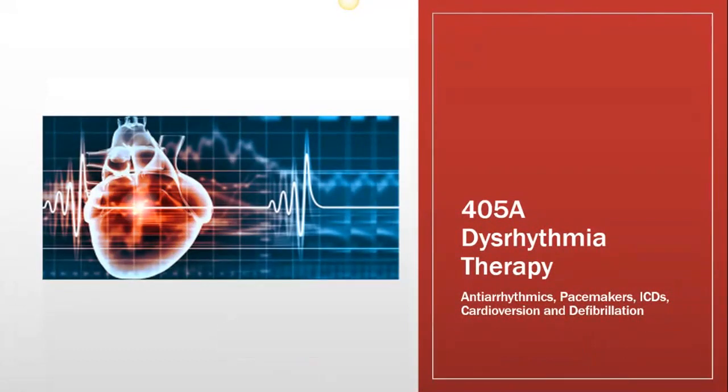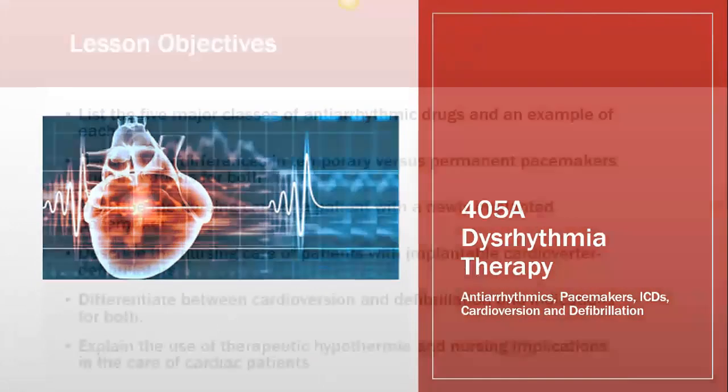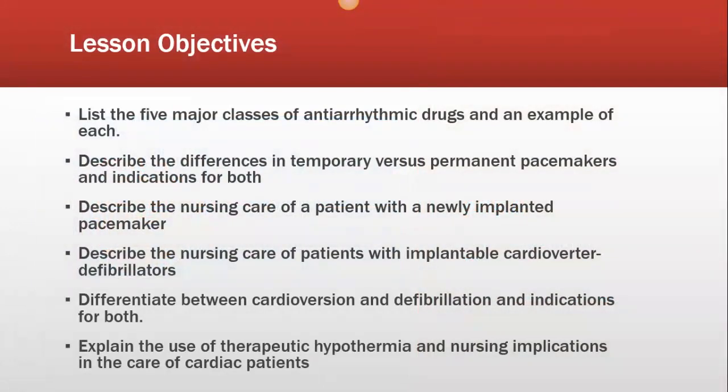This lesson in 405A is dysrhythmia therapy: antiarrhythmics, pacemakers, ICDs, cardioversion, and defibrillation. Lesson objectives. I'm going to go over the major classifications of antiarrhythmic drugs, differentiate between temporary versus permanent pacemakers, care of the patient with a newly implanted ICD, and care of the patient with a newly implanted pacemaker, cardioversion and defibrillation, indications for both and differentiate between them,